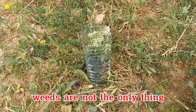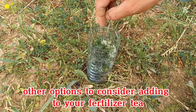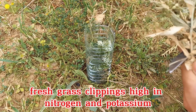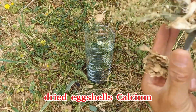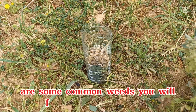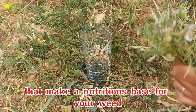Weeds are not the only thing that can be used to feed your plants. Other options to consider adding to your fertilizer tea include compost, fresh grass clippings, high in nitrogen and potassium, banana peel, potassium, dried eggshells, calcium, and unsalted water left over from your cooking. Below are some common weeds you will find in many backyards that make a nutritious base for your weed fertilizer